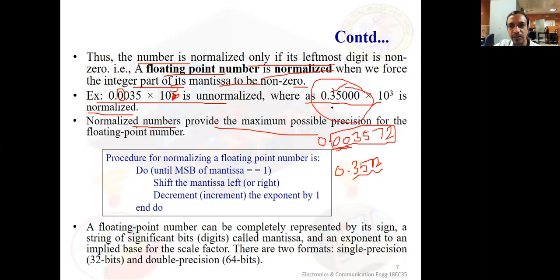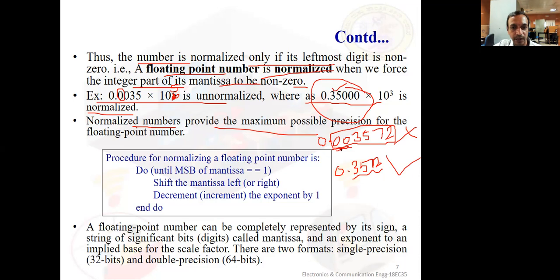If the mantissa contains a lot of zeros, that doesn't convey any meaning and a lot of precision will be lost. So to get more detail about the data within the significant digits, we have to make it normalized. So this is a normalized value, and this is an unnormalized or denormalized value. This is the general operation. How do you do this?